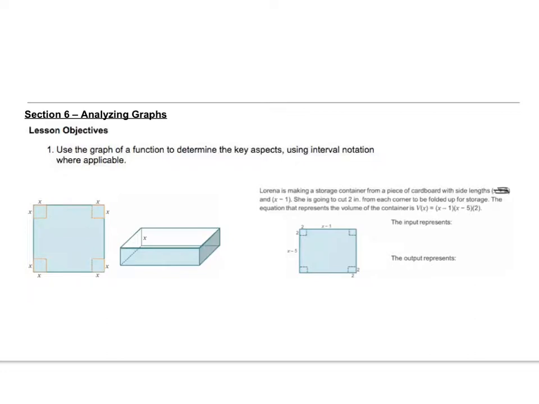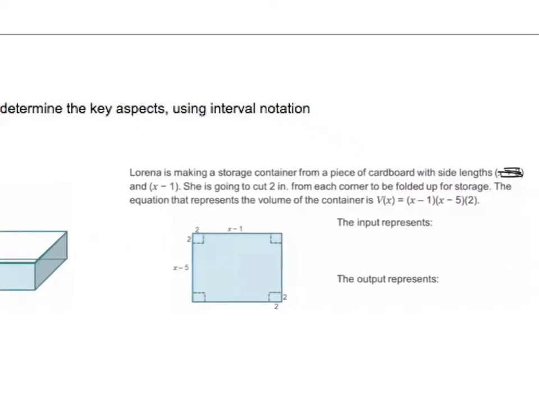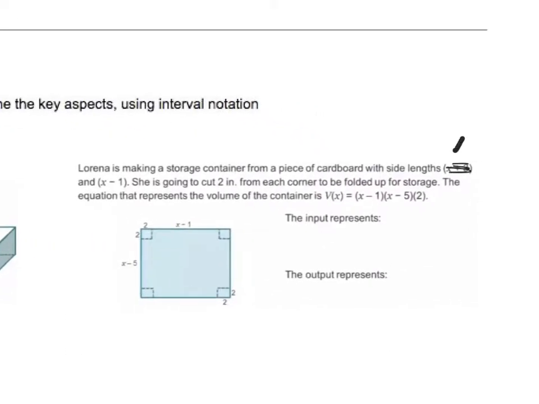Let me do that real quick. This should be x minus 5. So you have this function here for volume, and it says, what does the input represent? And that's our x value. So what does x represent? Now, the output value is v of x, which is your y value, and that represents the volume